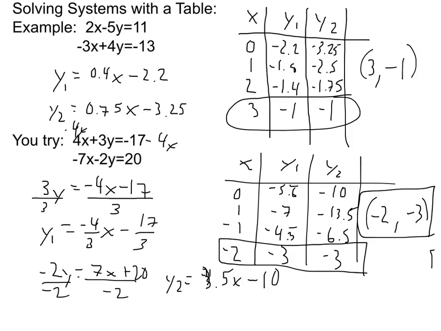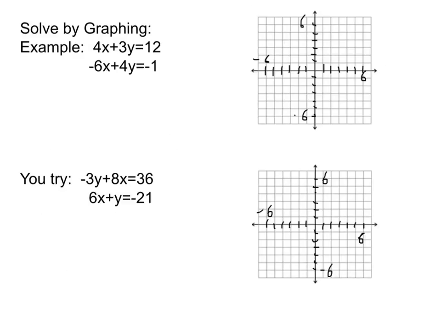Okay, slow, tedious tables. Imagine if it was a number like, what if they didn't meet till they were at 100? How long that would have taken. So it worked, but kind of slow and tedious. Let's try a different method like graphing. If we were going to graph, these are maybe a little bit quicker to graph because it's in standard form, so we can graph quickly. We know